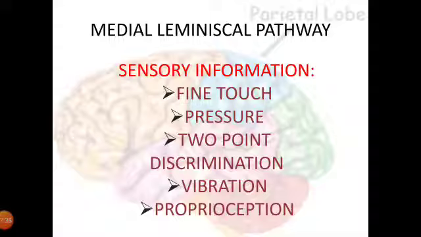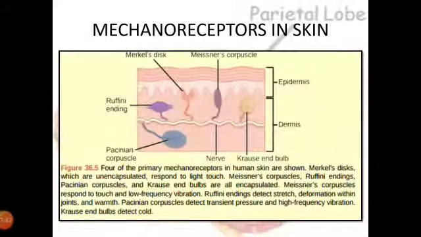Vibrations and proprioception. Proprioception is the sense of position of one's body with respect to surroundings. Now, if we have to carry a particular type of stimuli, there are specialized areas or organs from where the sensory information is sent. There are 2 principal types of areas, that is skin and skeletal muscles. So for a particular type of information, we have a particular type of nerve fibers and particular type of receptors responsible for collecting all these types of stimuli.